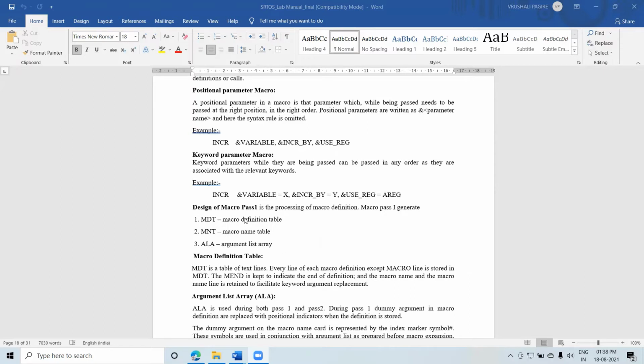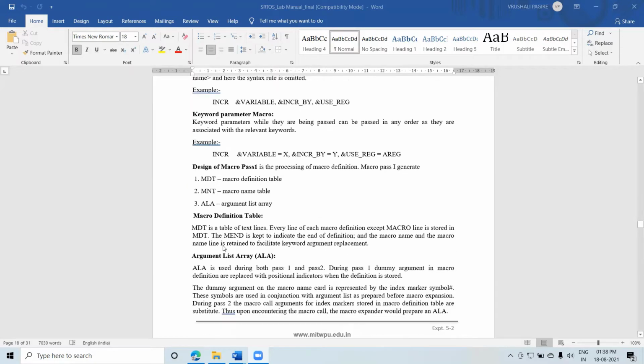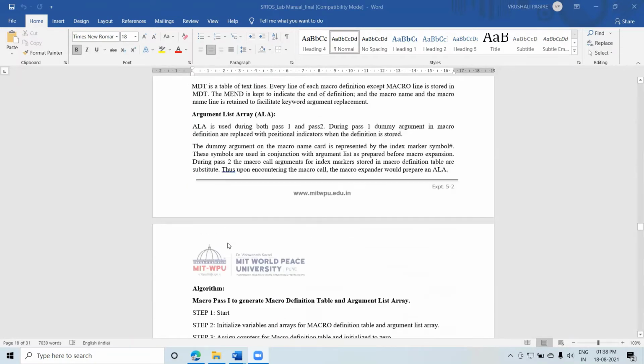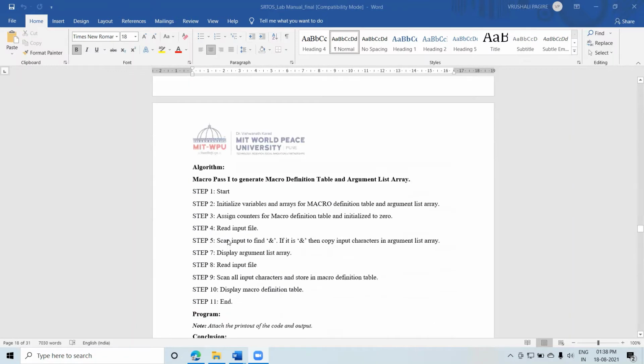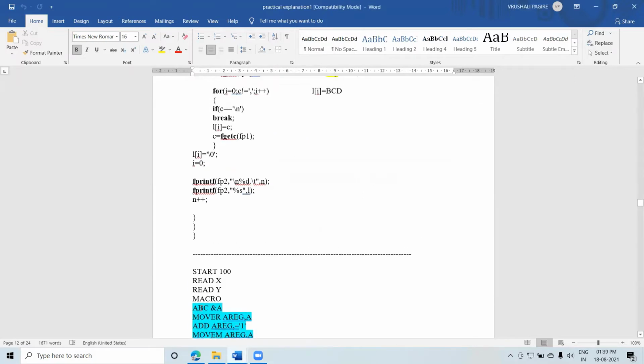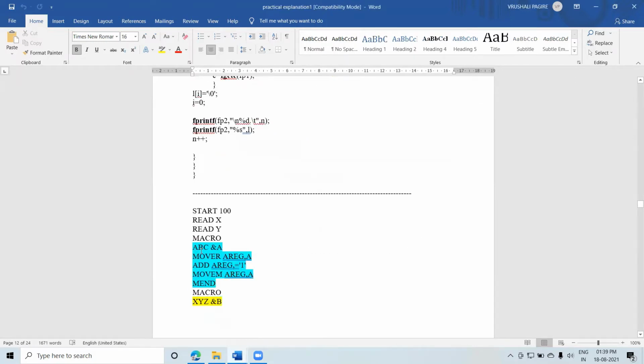The logic is very simple. I think I have already told you how to write the argument list array. Now we will see the logic for both tables. What is the algorithm? First of all, you know what a micro definition is. For example, consider this one.